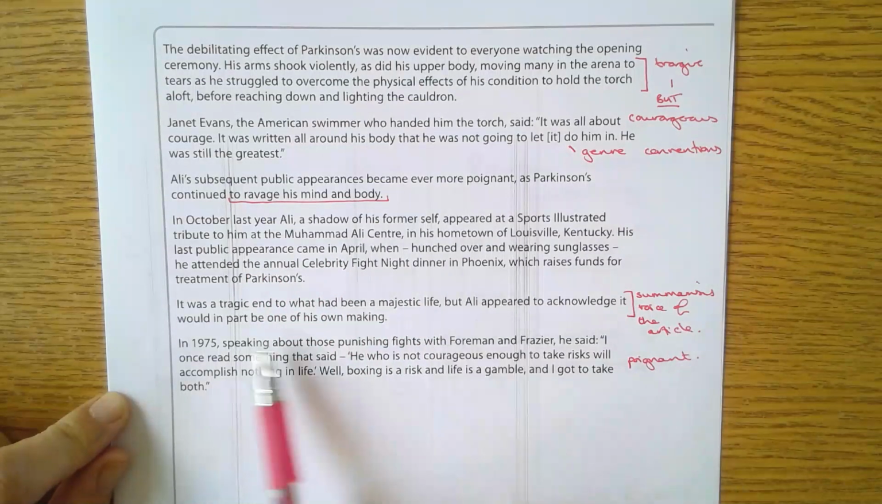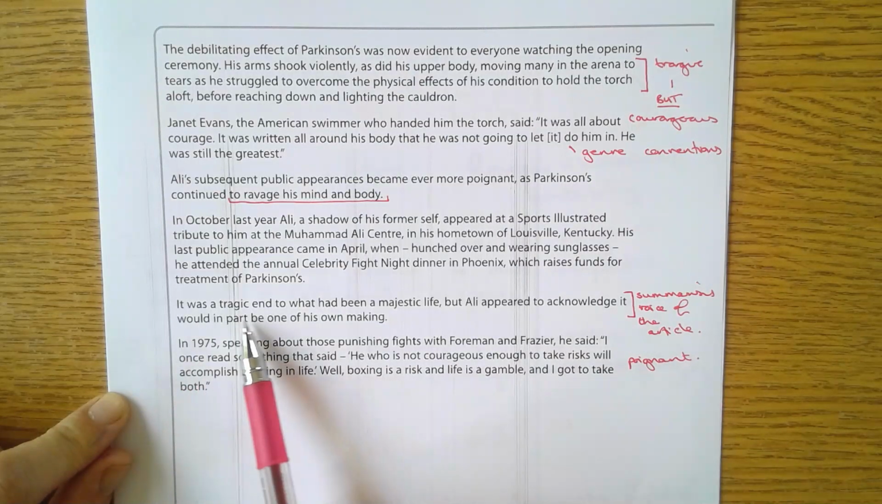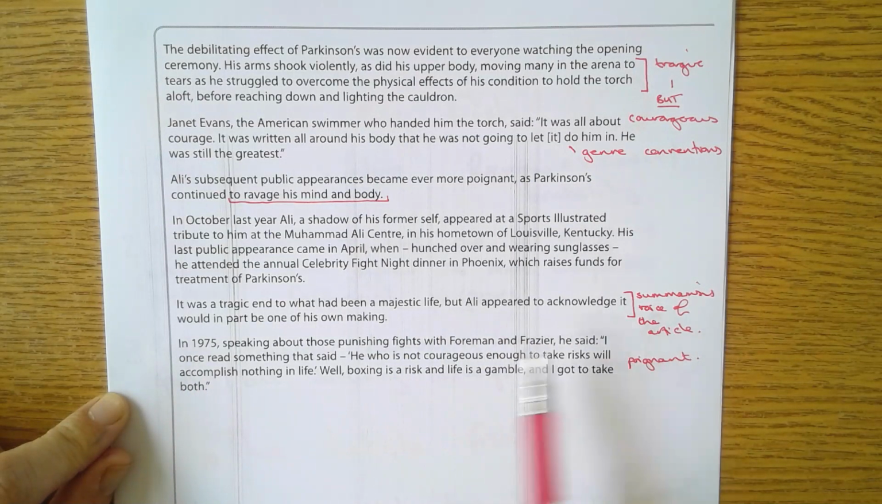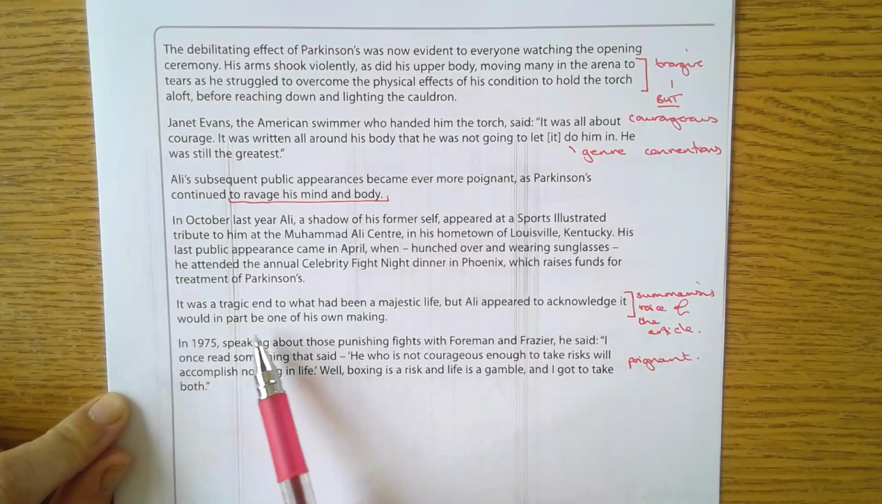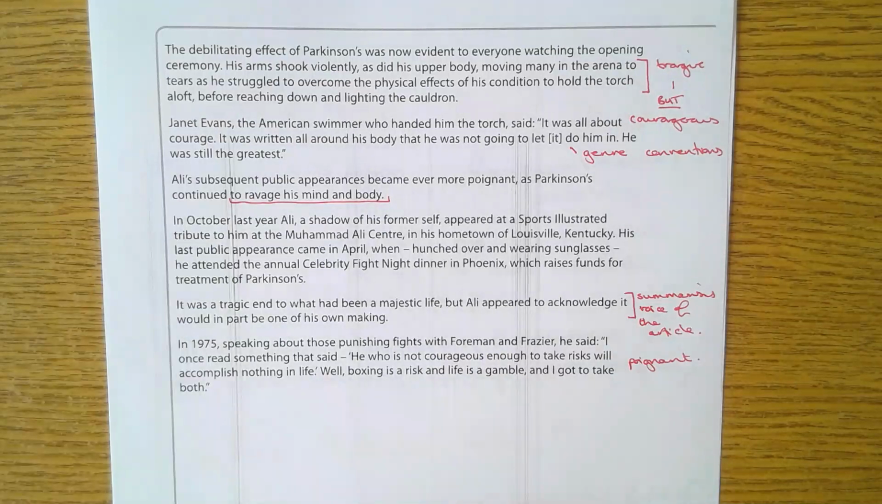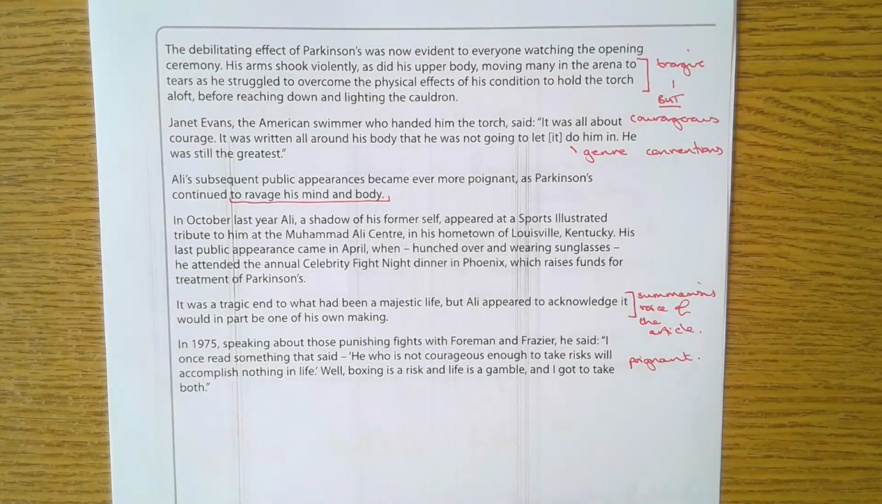At the end, I think this bit really summarises the voice of the overall article. So it's a tragic end to what had been a majestic life, but Ali appeared to acknowledge it would in part be one of his own making. Okay, so there's that real balance there, isn't there, between the majesty of his achievements and his accomplishments, and his